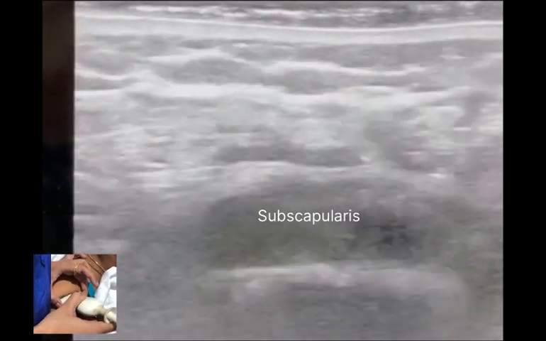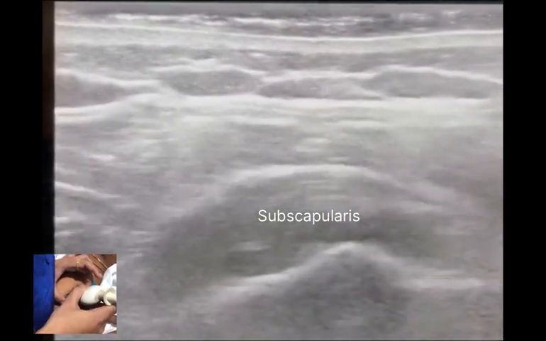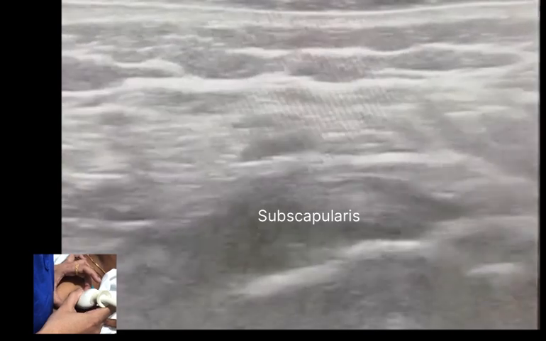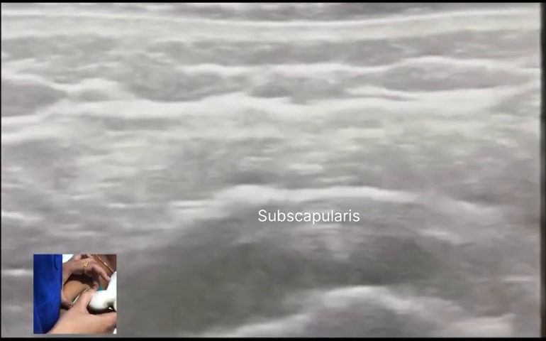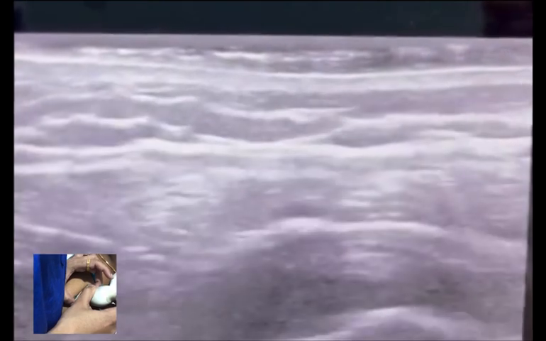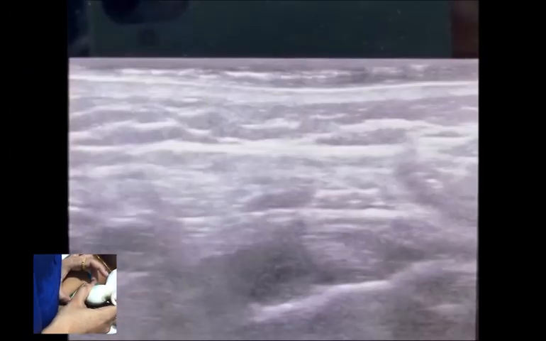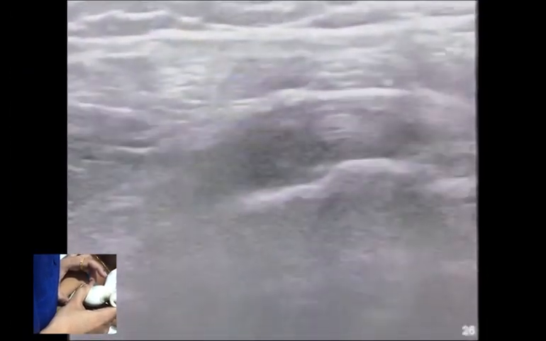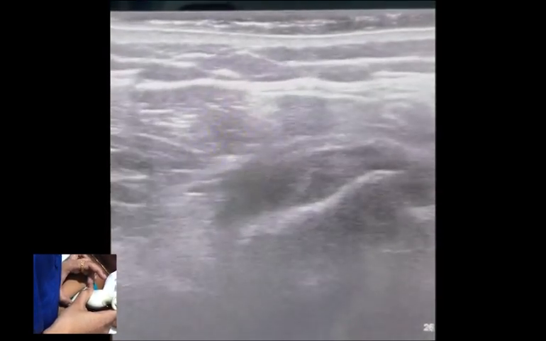Here, the patient is asked to keep the arm adducted and move the elbow outwards, resulting in external rotation of the arm. We can see the subscapularis, which is a multipinnate muscle, and there are some inflammatory changes in the subscapularis muscle as well. When the probe is moved further medially and cranially, we can identify the acromion process of